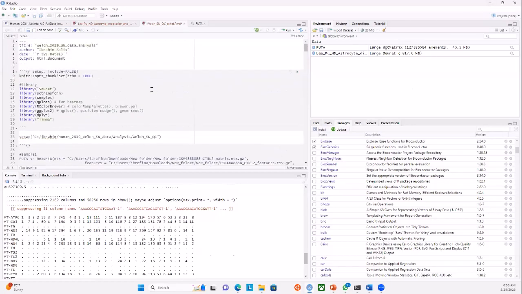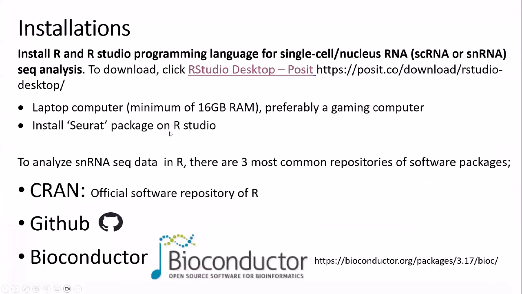All this programming is a way in which you tell your computer to do a certain task. So for you to interact with R to do a certain task in analyzing your single cell RNA-seq or single nucleus RNA-seq, you have to install some packages on R. These packages will tell R, okay, I want to do this particular task, do it. Without these packages, the code you are writing will not work. For instance,